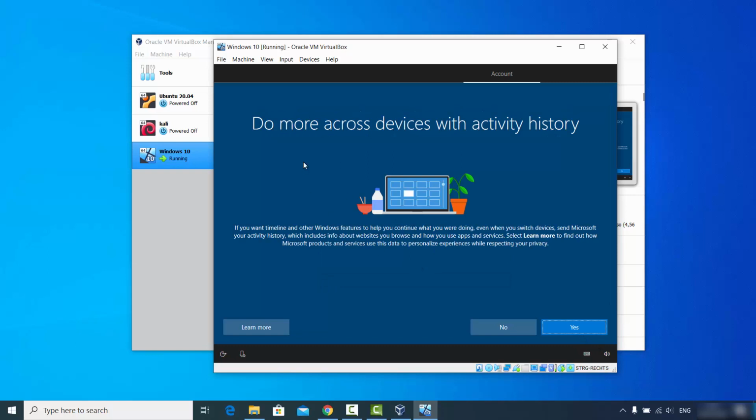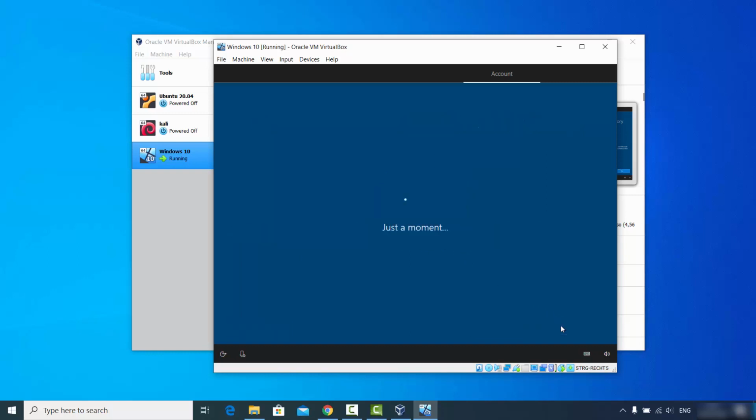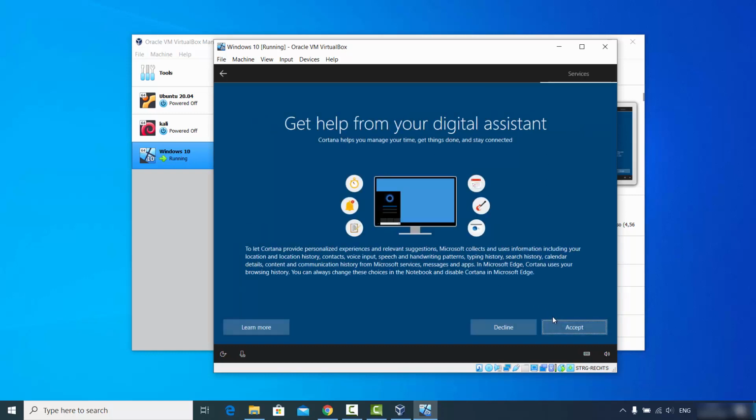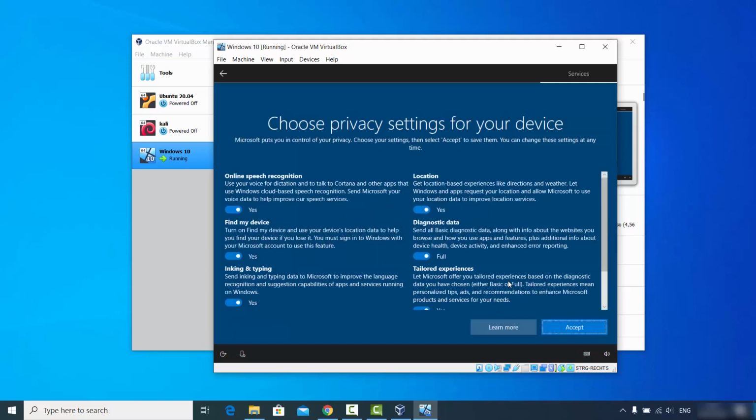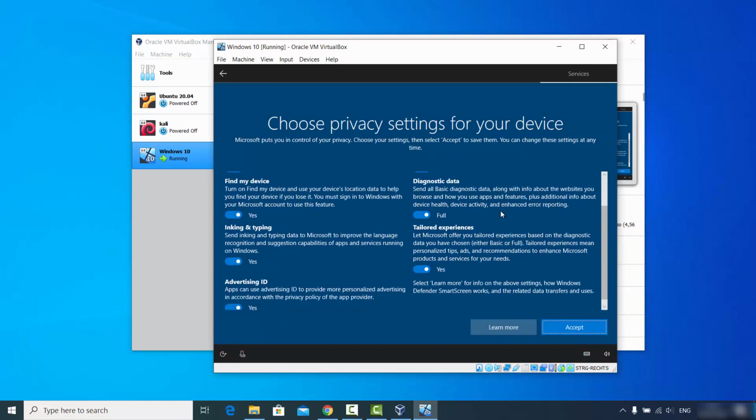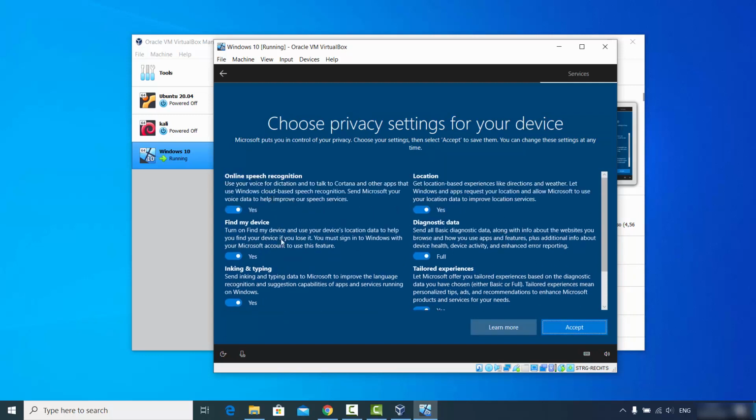And now I can see this window which says do more access device with activity history. If you want to do this, you can click on the yes button. So I'm going to click on the yes button, and then you have this option which says get help from your digital assistant. Generally I decline all these things because I don't want to send any information to Microsoft about my Windows activity. So I just click on decline,